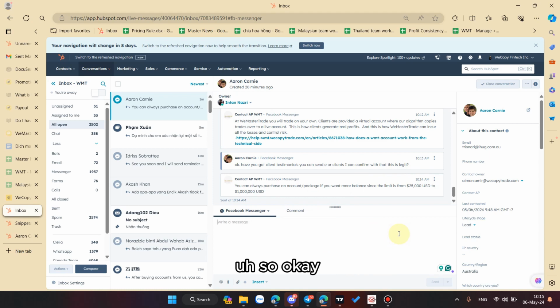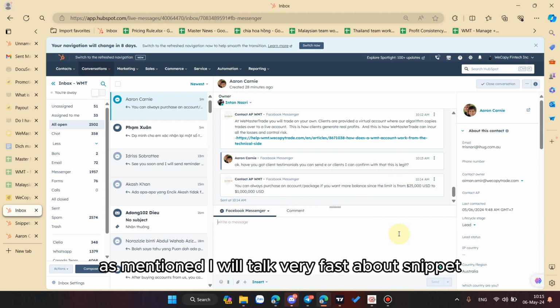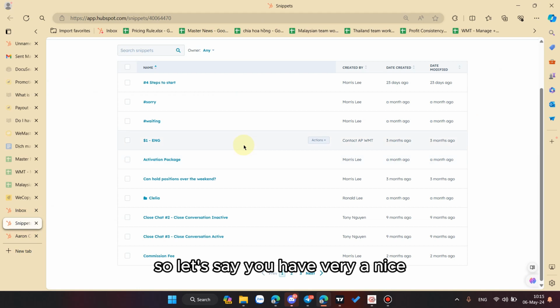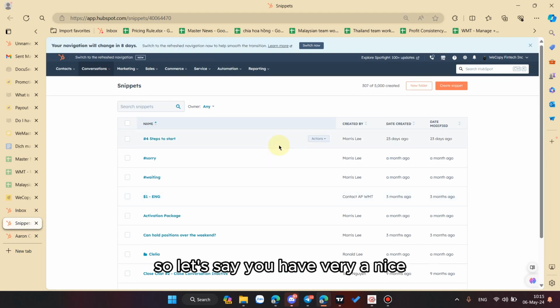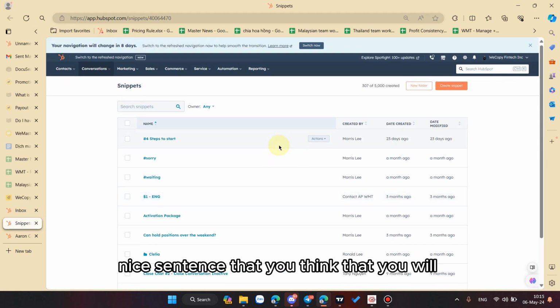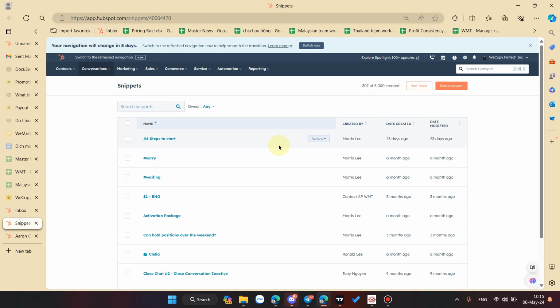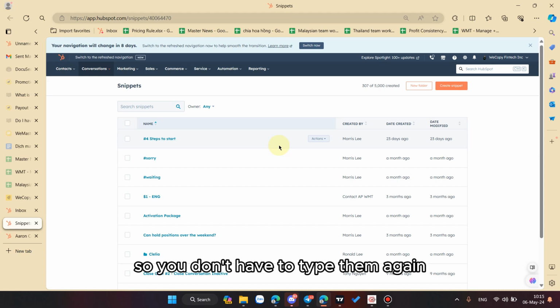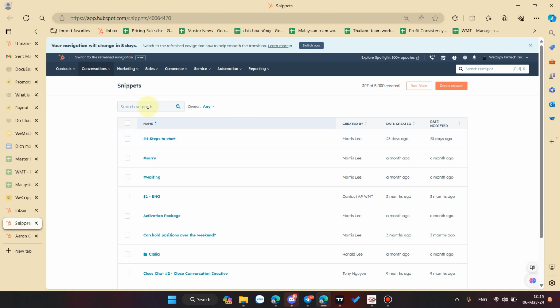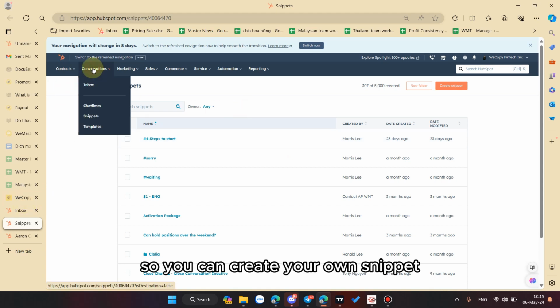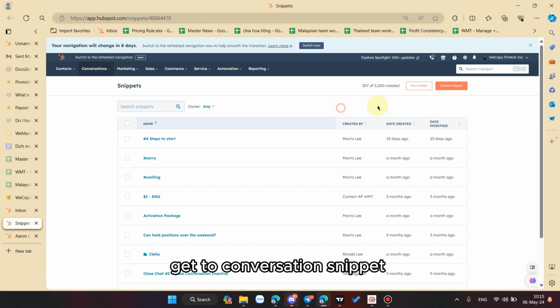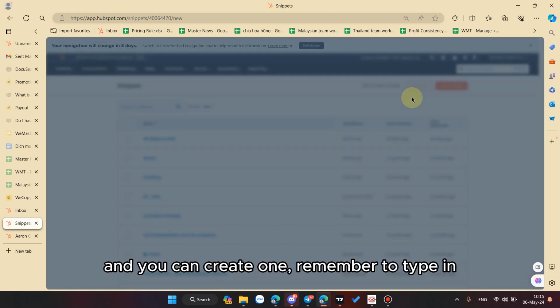As mentioned, I will talk very quickly about snippets. Let's say you have a very nice sentence that you think you will send to clients a lot. It's better to save it as a snippet so you don't have to retype it again and again next time. You can create your own snippet: go to Conversation, Snippets, and create one.